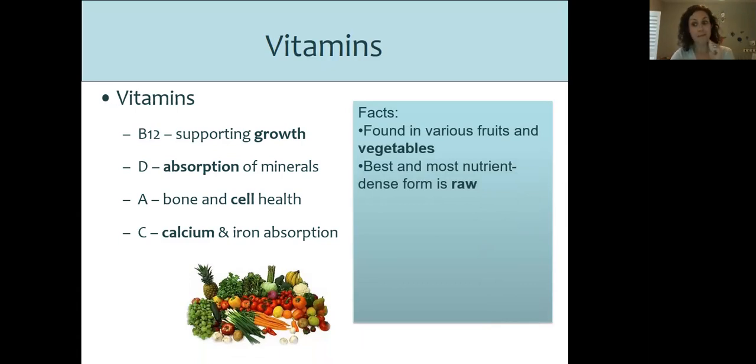So if you can munch on carrots or broccoli, or, well, I guess there's not really a lot of fruits that we tend to cook, but anyway, cooking or steaming them, sometimes some of the vitamins will leak out. And so trying to eat them raw is always best. You're going to get the most vitamin